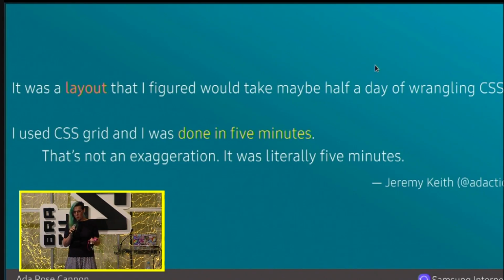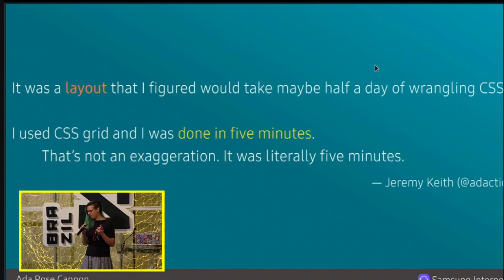It makes it a lot simpler. It makes it a lot faster. So this is a quote from a friend of mine from Twitter, and